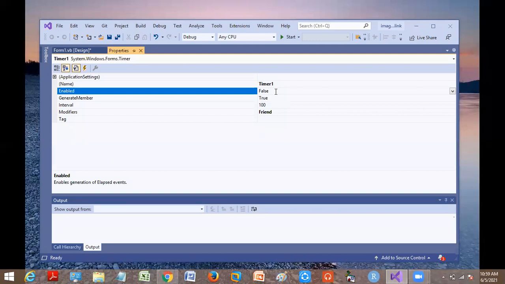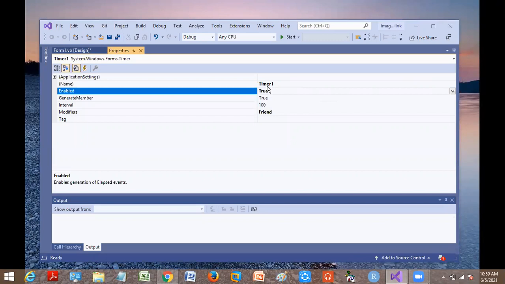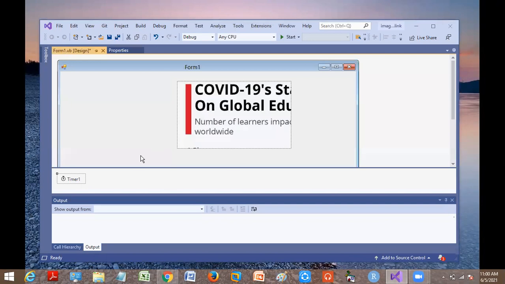For that, what should be done? It should be made true. That means you are enabling it. If it is false, that means it is disabled, but now we need to enable it. So I have enabled it by making it true. Let the interval be 100 itself. Later, by doing the changes, we'll see it. Okay, so this is done.